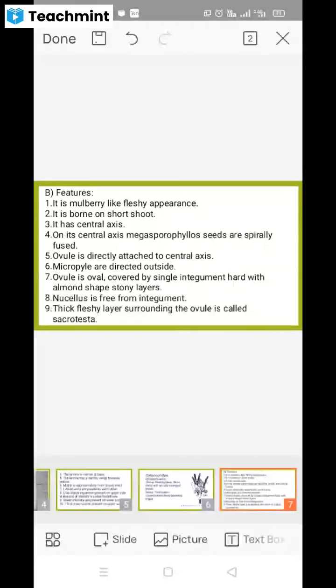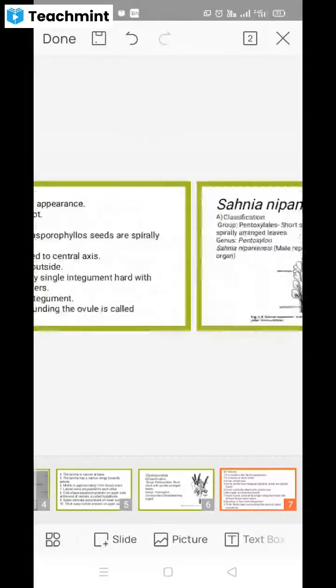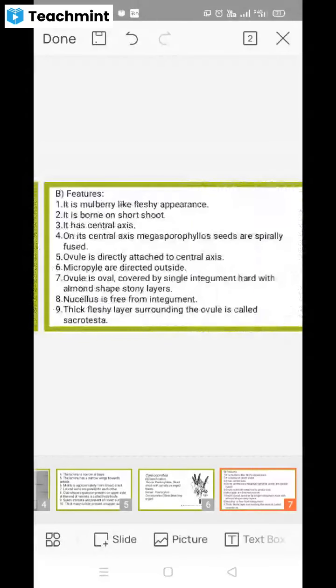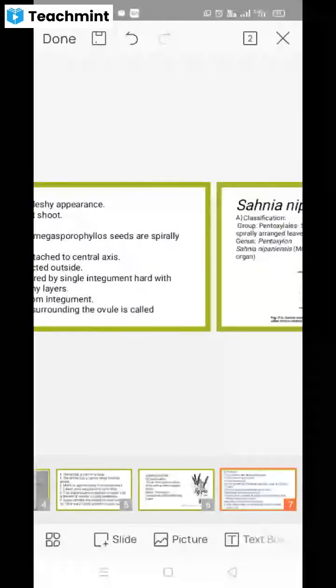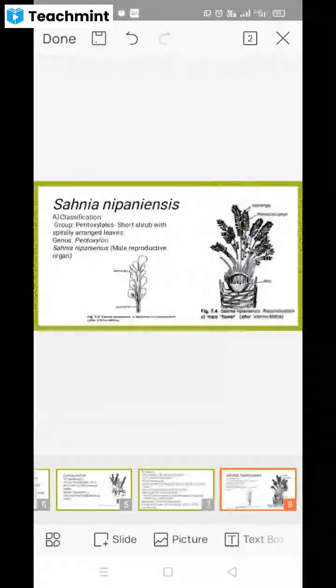In that also this ovule is covered by the almond shaped stony layer. Here the nucellus is not attached to the integuments and this whole ovule is surrounded by a thick fleshy layer. So this thick fleshy layer is called the sarcotesta. So these are the important characters of the Cornoconites. Then the fourth one is the